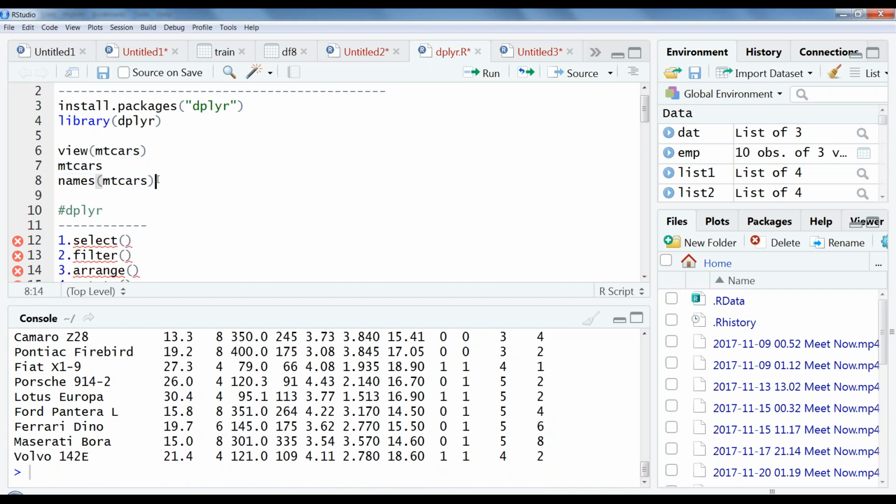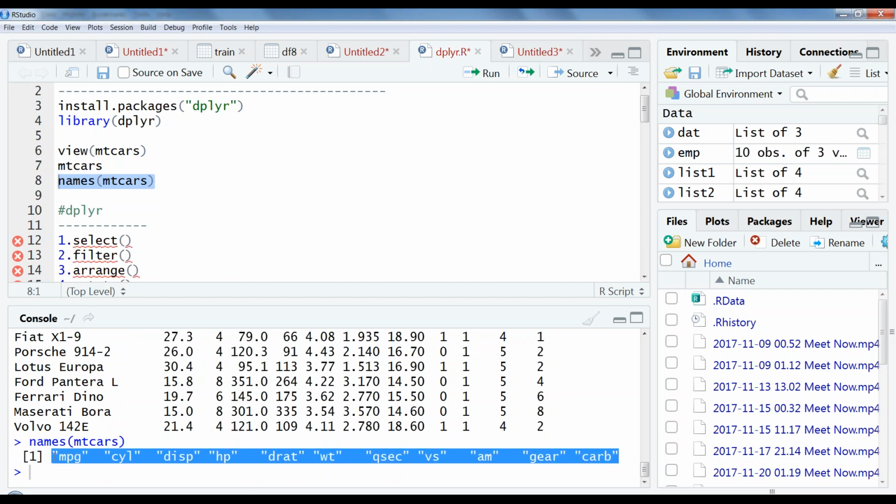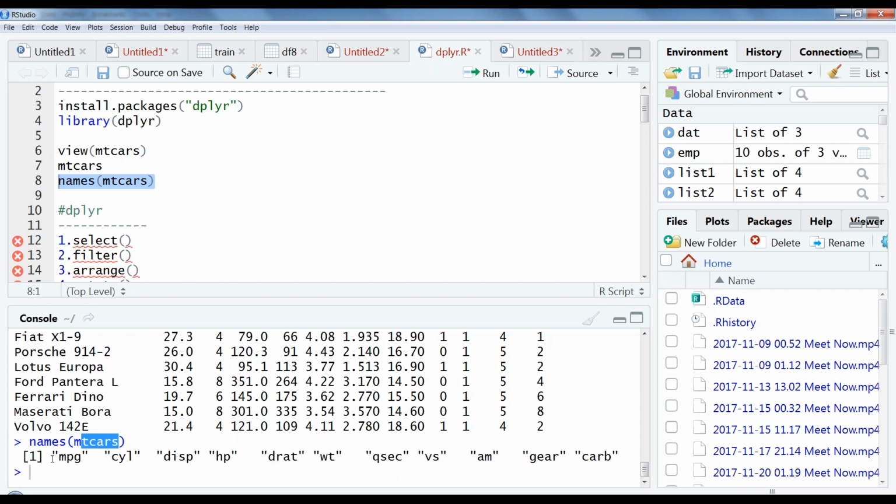If you want to see the structure of this data frame, you can use names of mtcars. The names of mtcars are mpg, miles per gallon, cyl, number of cylinders, disp, displacement, hp, horsepower, and so on: wt, vs, am, gear, car. All these column names you can see here under the mtcars data frame. So now we are clear about the mtcars data frame: what columns we have and what kind of data we have.